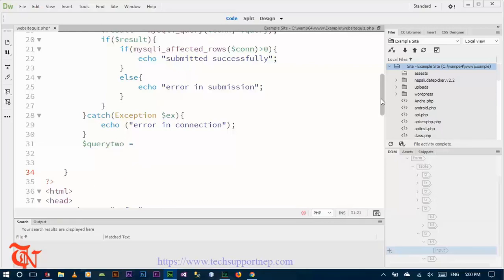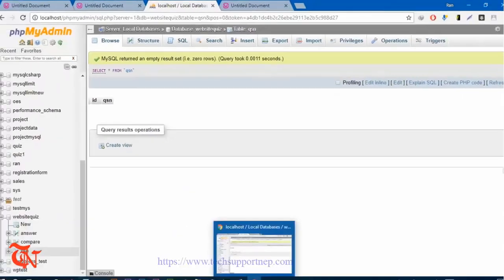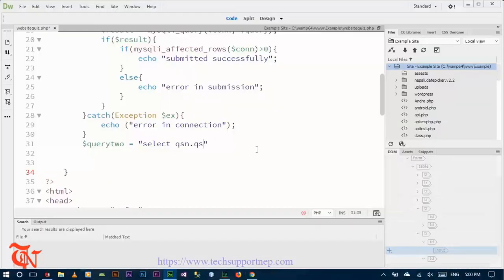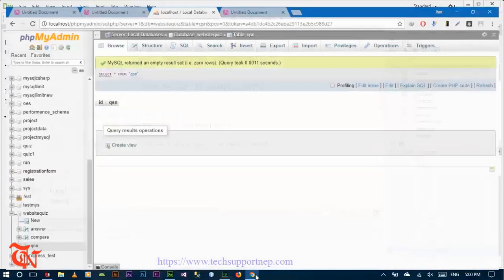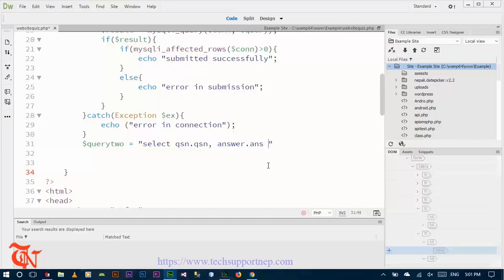Query 2 is equal to select test dot, I mean our table name is, one was the question table, question dot question, and another one is answer, QSN dot QSN, and another one is answer dot ANS. ANS. That's right. From answer, inner join, select QSN from QSN, order by ID,